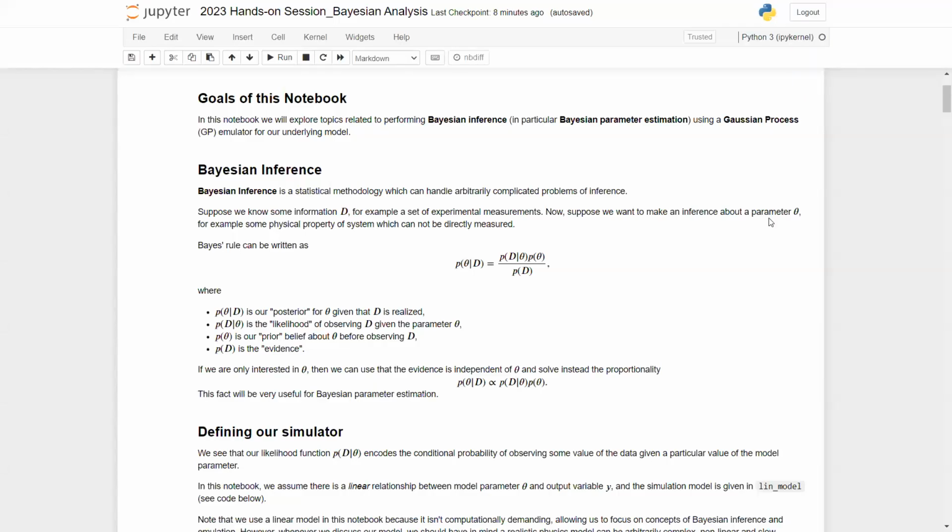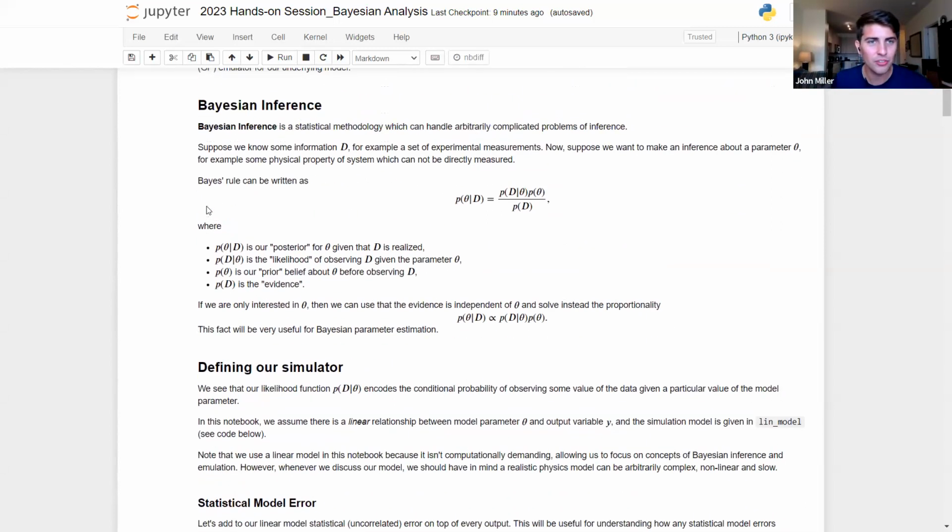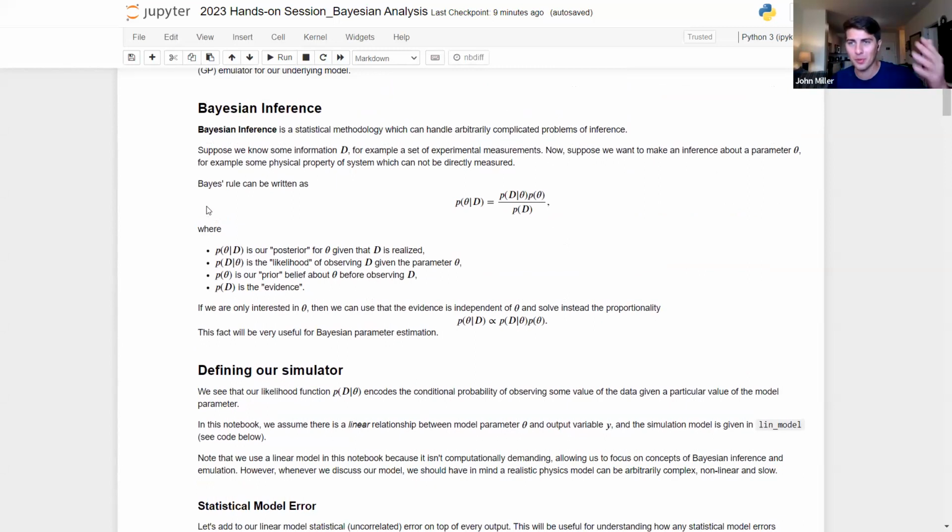It is being recorded. Great. Okay, wonderful. Then, as I was saying, what we're going to go through is doing a parameter estimation workflow using Gaussian process emulation. And so we're going to see how all these pieces fit together. Just to briefly summarize a little bit of what we went over,